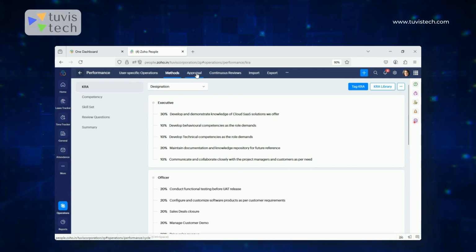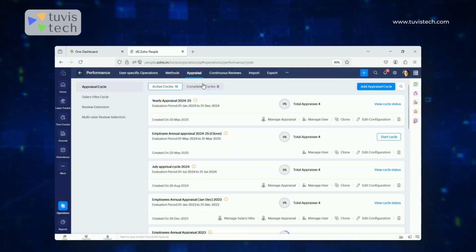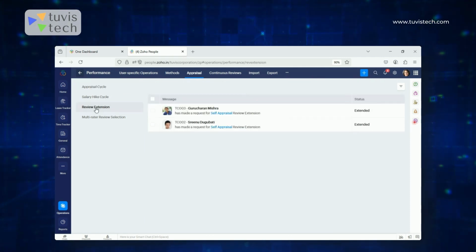The next option is Appraisal, in which you can always add an appraisal cycle, then add a cycle hike, salary cycle hike, and you always have a review extension part. If the user has missed or failed to do the self appraisal within a specified deadline, or a reviewing manager has not been able to do the review process in the specified period of time, they can extend the self appraisal or review period from here,